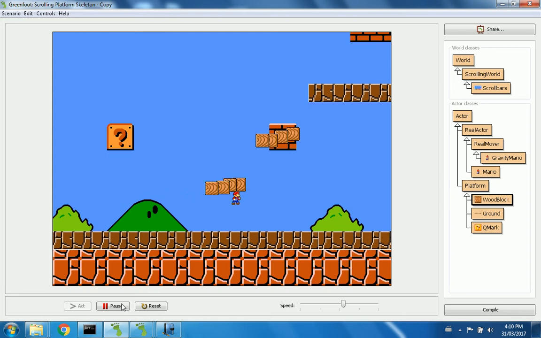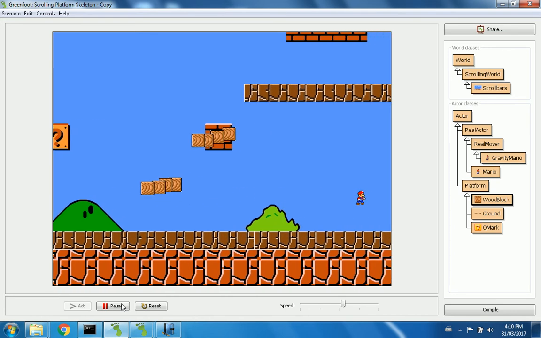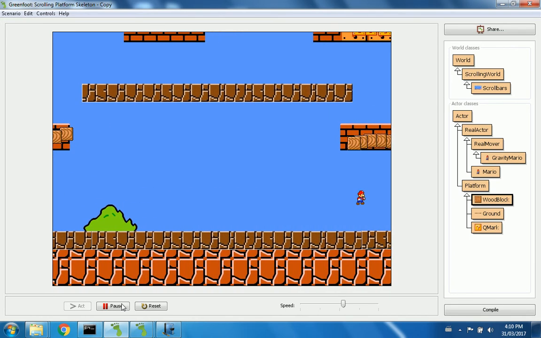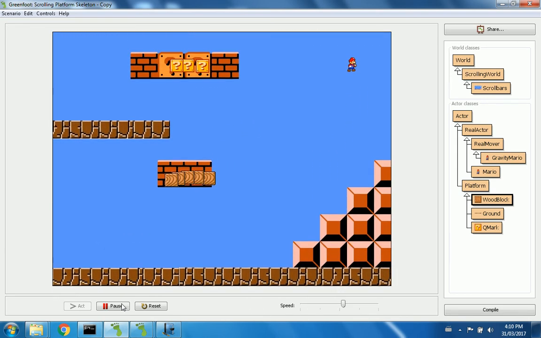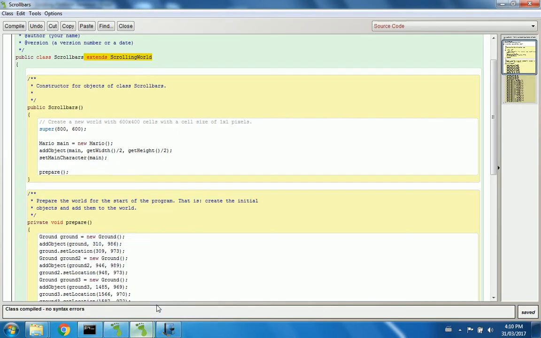So it does all that management for you, which is one thing I wanted, so you wouldn't have to worry about the complexities of it. You can just use my code. But there you go. That's how you can use a scrolling world. One other thing I will just quickly mention about it is